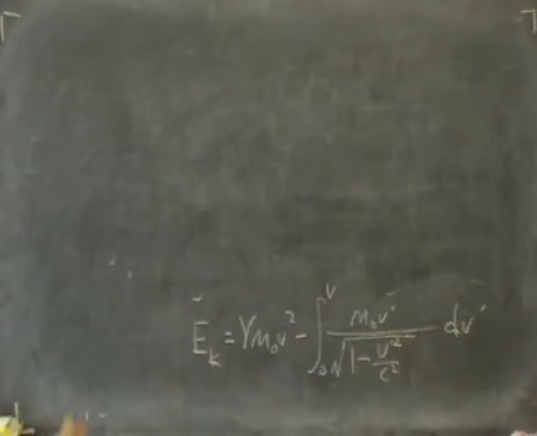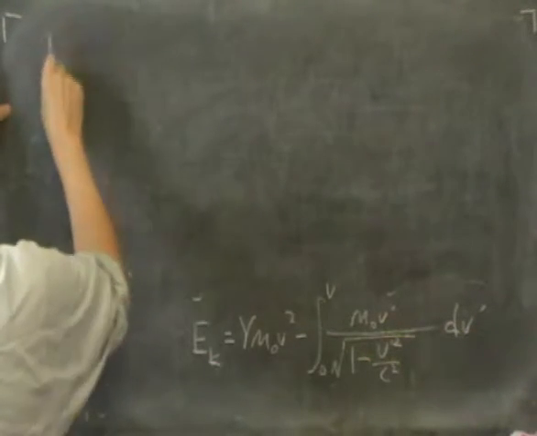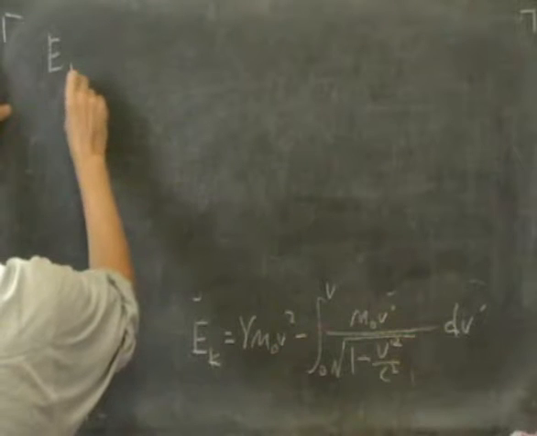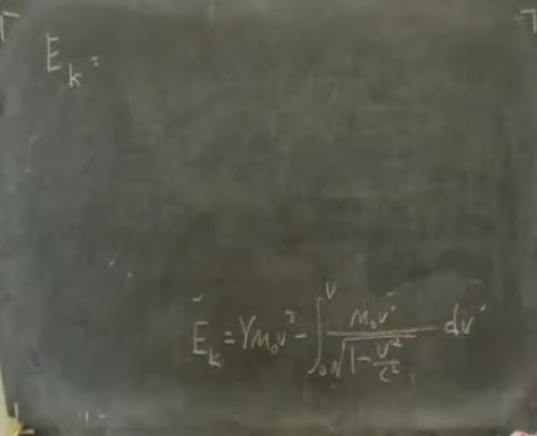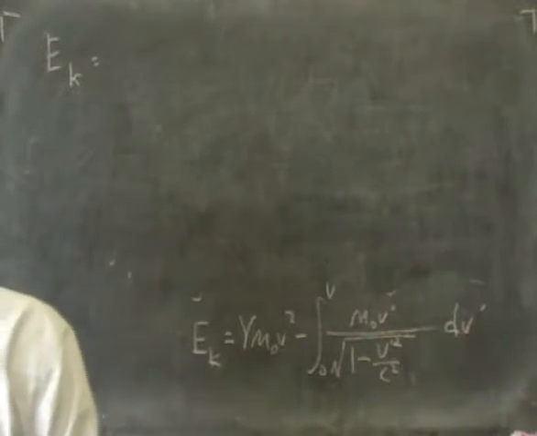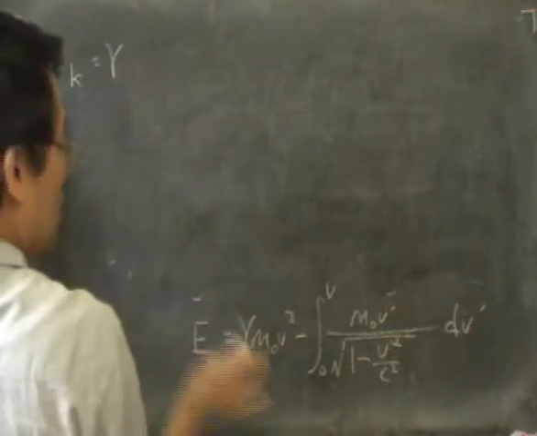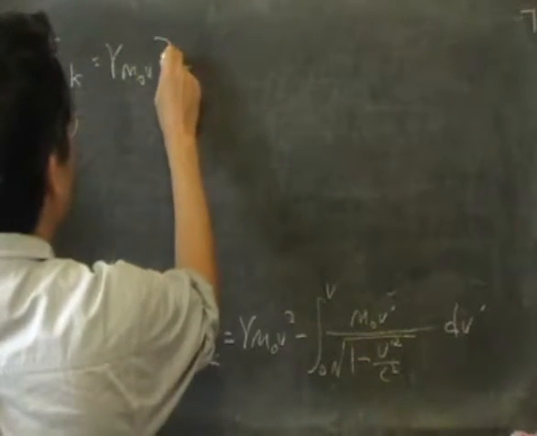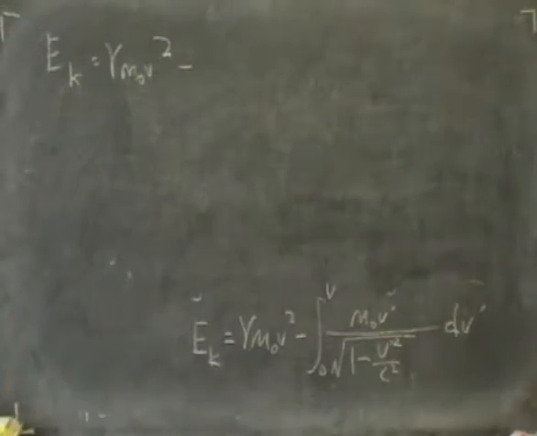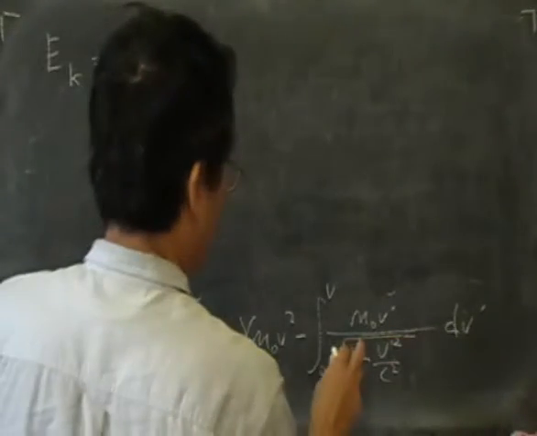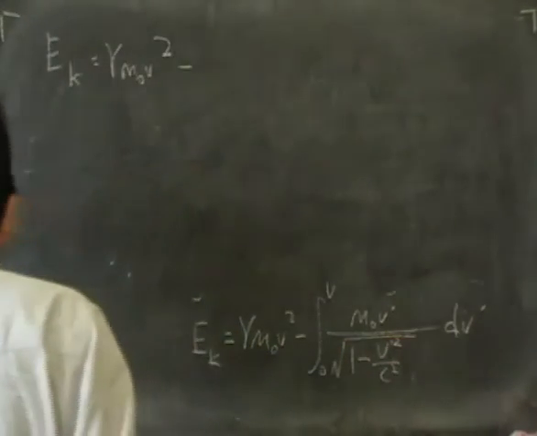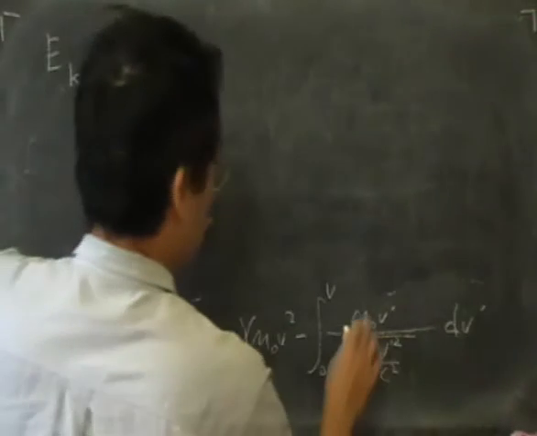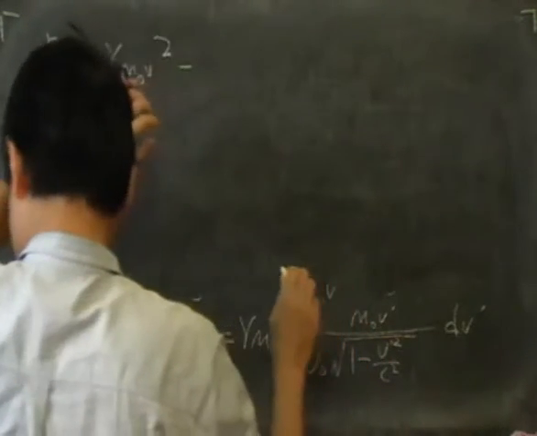That's where we are. So let's try and integrate this. EK equals gamma m naught v squared minus m naught